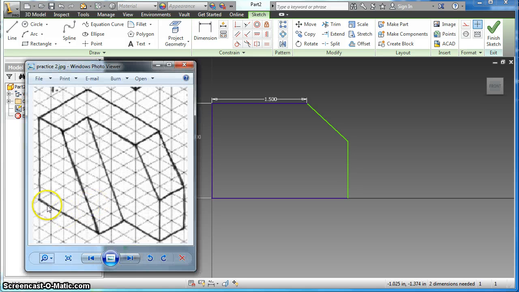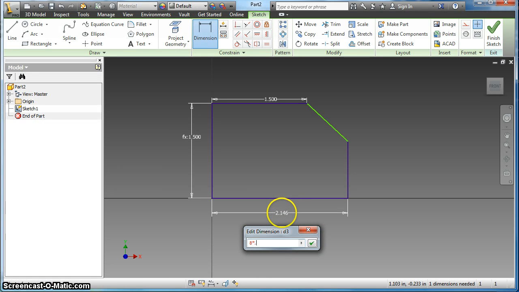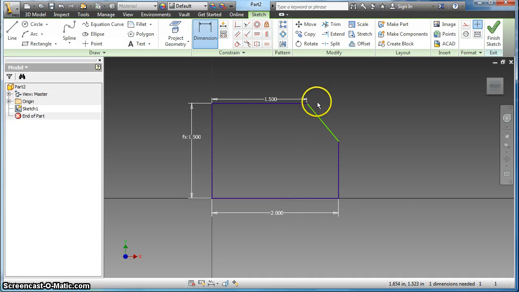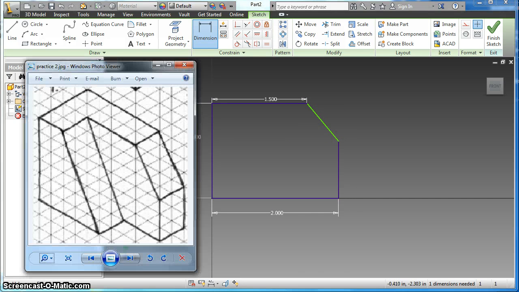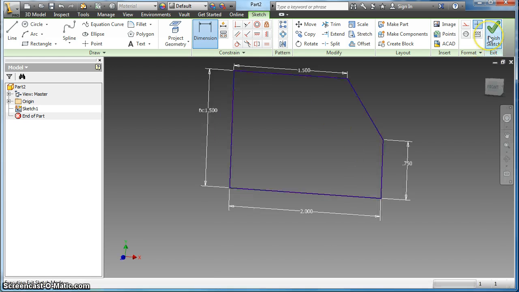Alright, and so then we have my width of the object, 1, 2, 3, 4, 5 squares in this direction, and then there are 3 more. Right, so that's 8 squares. And 8 times 0.25, or 2 inches. Now this diagonal line here, we don't know the length of the diagonal line, but we do know the location of it. So we have 3 squares here, which is 0.75. When I'm done, I'm going to finish my sketch